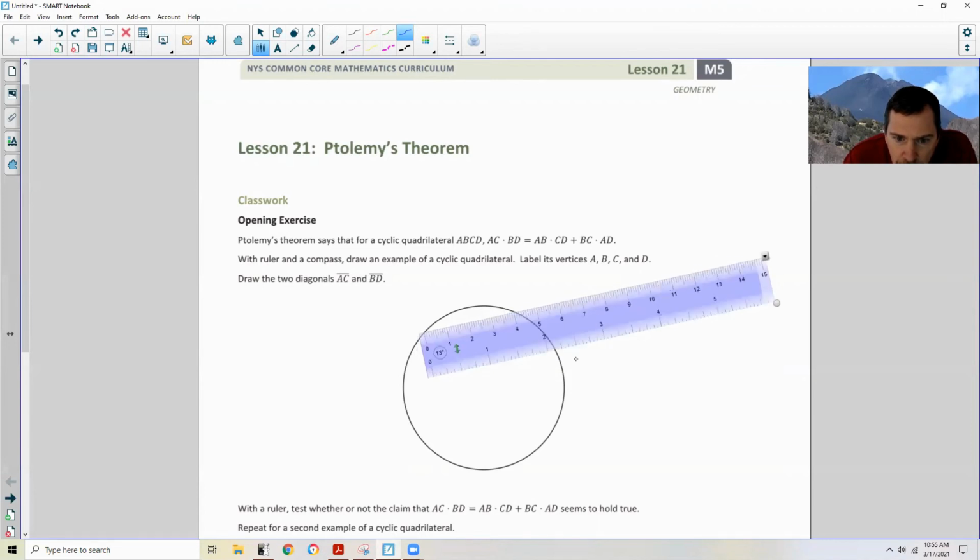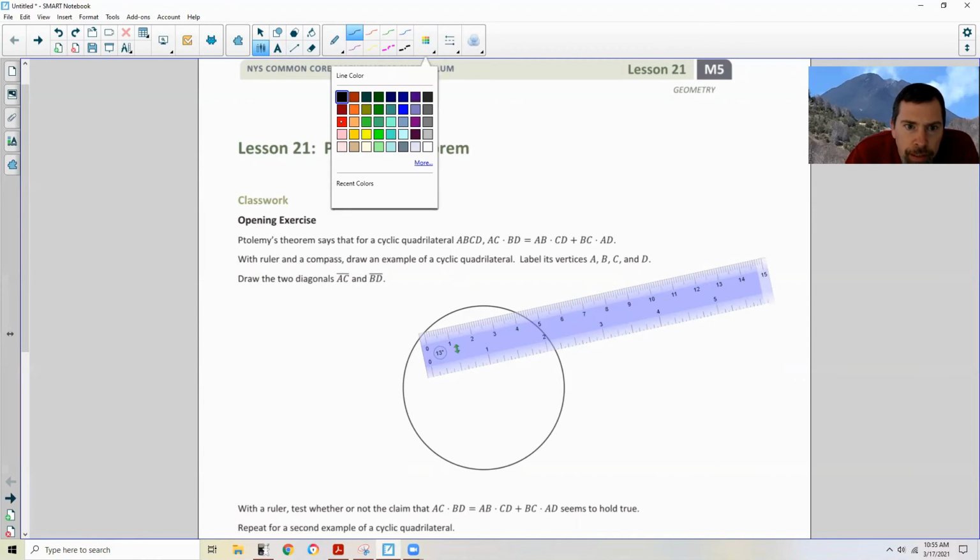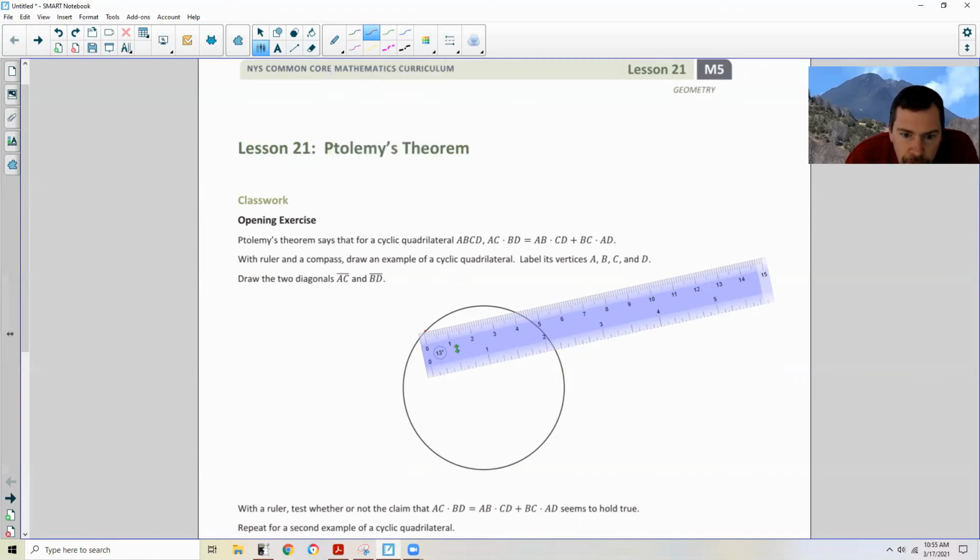If I drew a segment from there to there, this point here, A, and this point here, B, that is a distance of 4. So